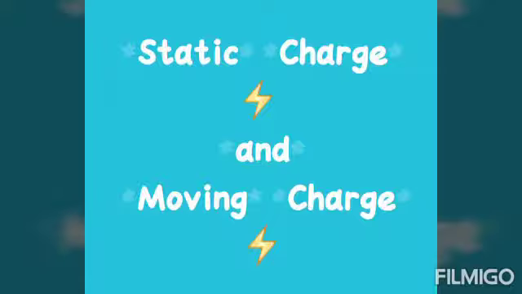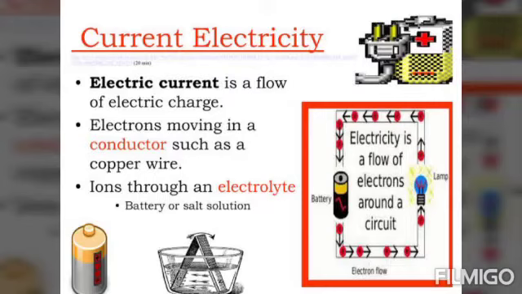Now, when an object is at rest, it will not move on its own unless some external force is applied. You have learned this in the last topic: a force has to be applied to put a stationary object into motion. In the same way, to make the charge flow, force is required, and then only will the charge move.